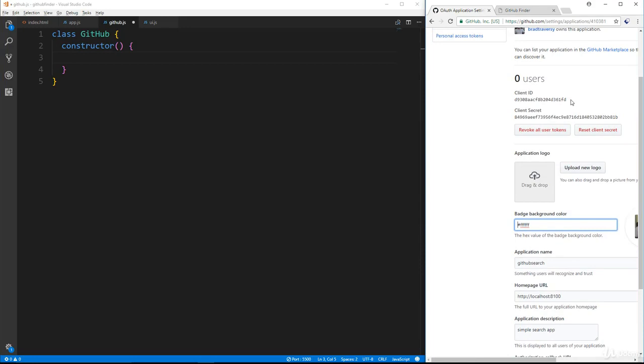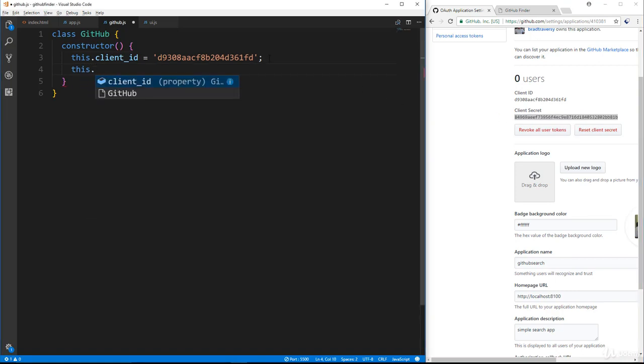So we're going to go over here. We're going to first grab the client ID, and I'm going to add that as a property here. So this.client_id equals, and then we're going to put in that number. Yours should be different. And then same with the client secret. We'll say this.client_secret, and we'll set that to that number. Okay, so now that we've done that,